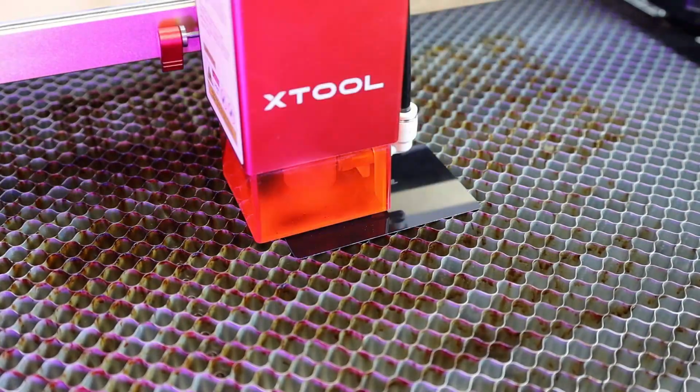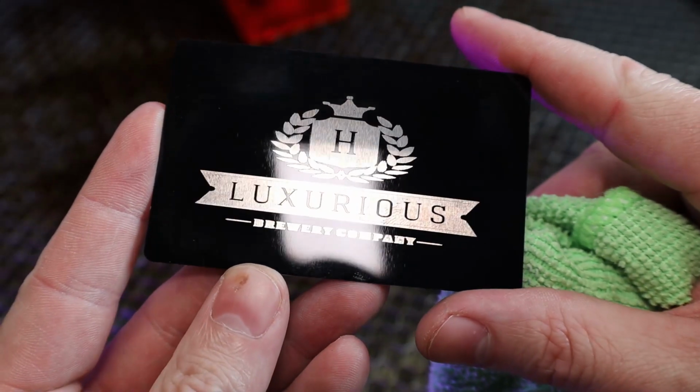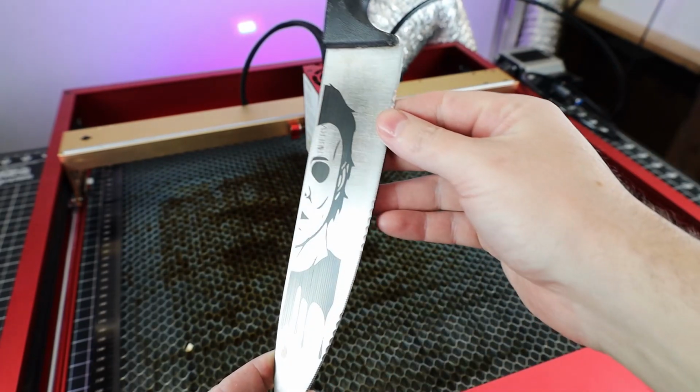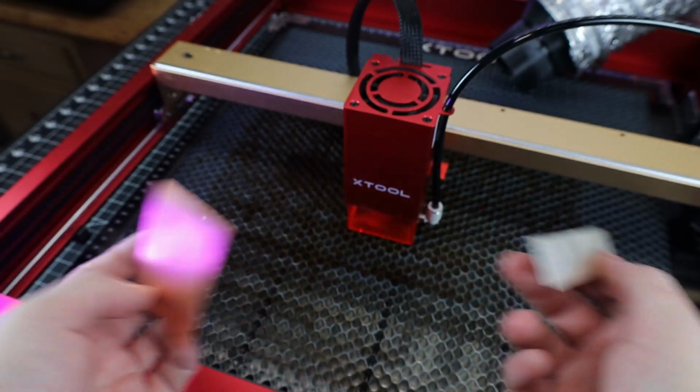And if you have any metals that are coated or anodized, you can remove that to expose the metal underneath and make interesting patterns like this. You can even mark on stainless steel like this, but only stainless steel with this laser head. But if you want to engrave on other metals like copper, silver, or gold, we're going to have to switch